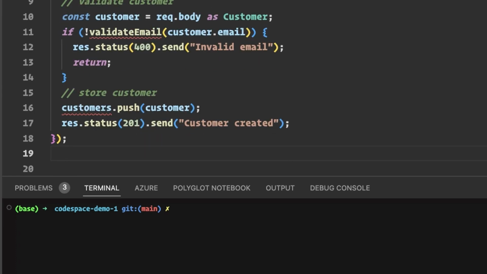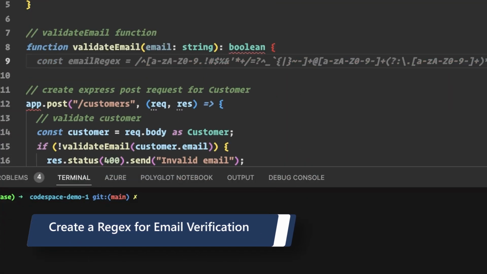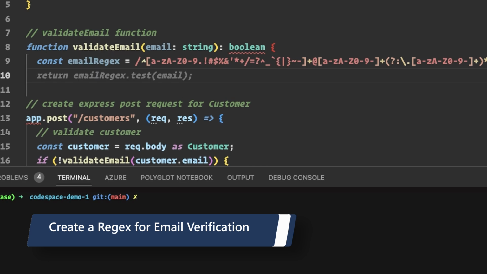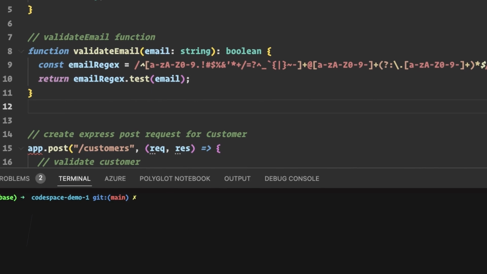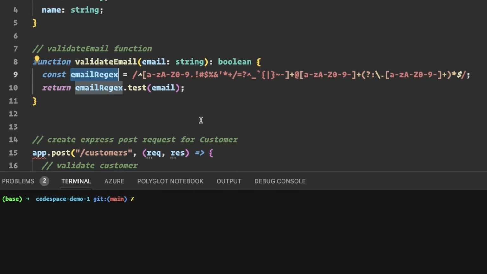It has been able to create all the things that I needed for me, and it is context aware. It knows about customer. However, I don't have the validate email function. Can Copilot help me even with that? So, validate email function. Look at that. I'm getting an email regex. And you can see that these are the type of regex pattern matching that I don't want to write myself. So I let Copilot do it for me. It even tries to test out the email.